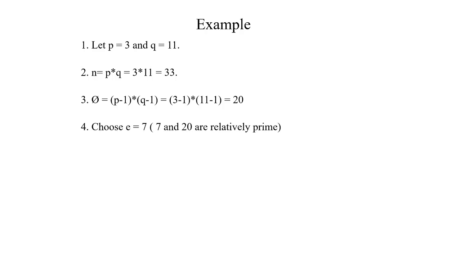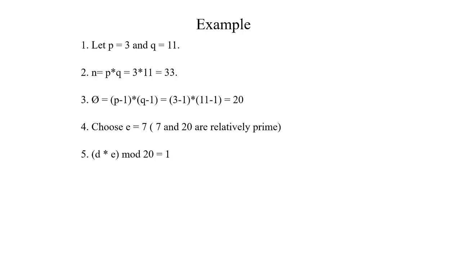Next, we have to choose random number e such that it will be relatively prime to phi. In this example, I will choose random number e equal to 7. 7 and 20 are relatively prime such that they do not have any common factor except 1. Next, we have to calculate d such that it will satisfy the equation d multiplied with e modulus 20 will be equal